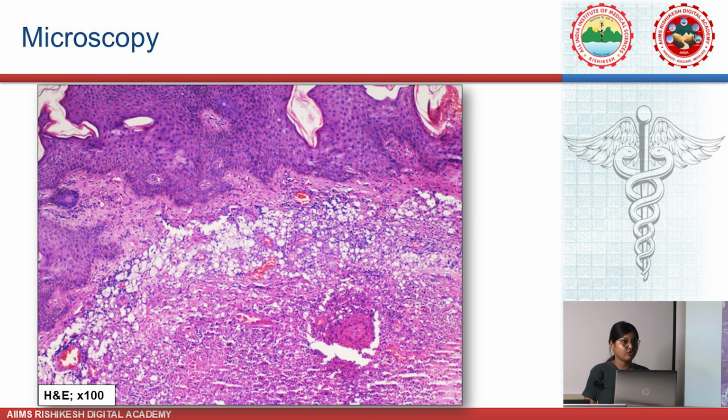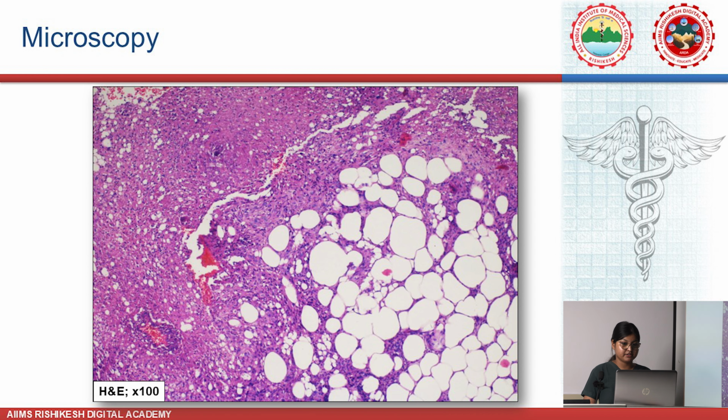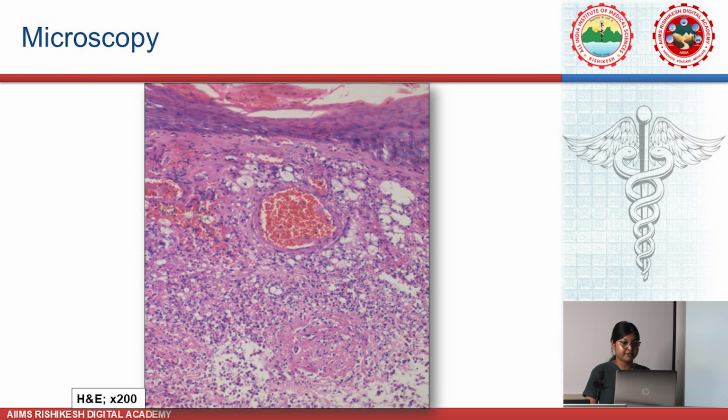On low power, we can see the stratified squamous epithelium showing acanthosis. Basically, acanthosis is not a key feature of lepromatous leprosy. However, because of the adjacent ulceration and inflammation, it is a kind of reparative change. It is a reactive epidermal hyperplasia we can see over here. And this is the dermis, which is showing sheets of foamy histiocytes or the Virchow cells as I just described. Along with that, there is dense inflammation. This inflammation continues deep down into the deeper dermis as well as in between the fat lobules of the subcutaneous tissue.